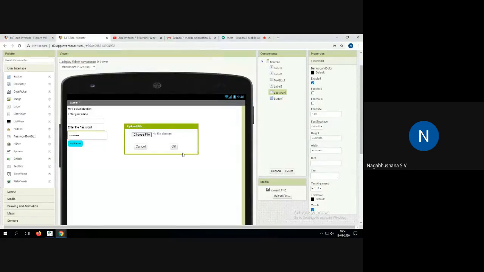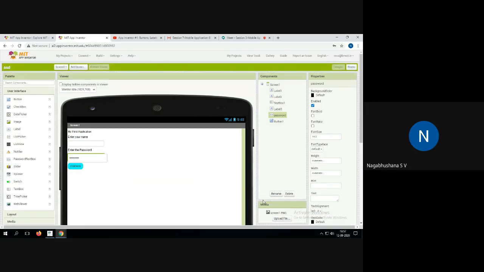So once you try to set something and click on OK, whatever files you have chosen will come and sit here. I have chosen the screen1.png file, so it has come. During the process of execution, this will be visible. This is the third column.